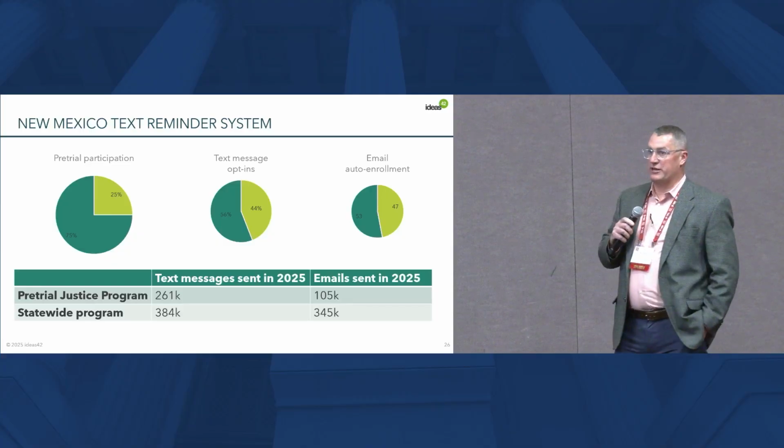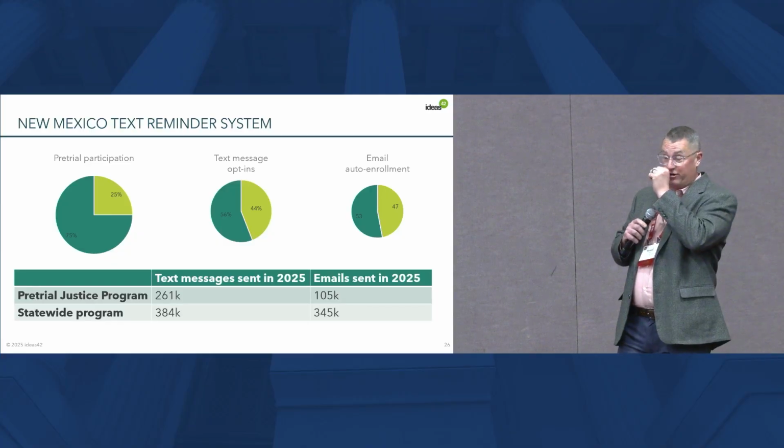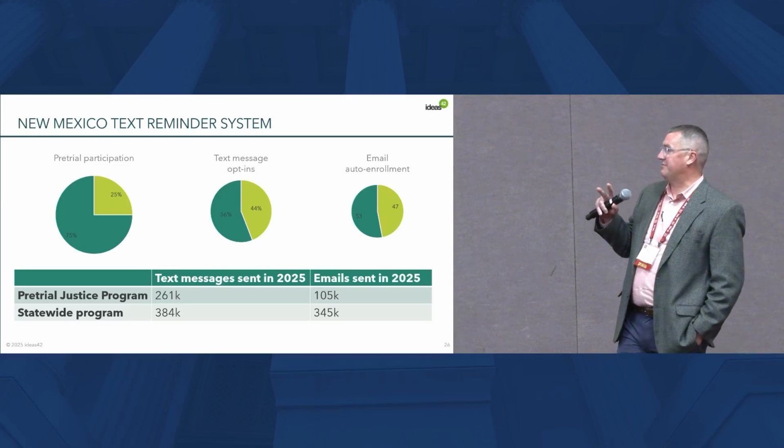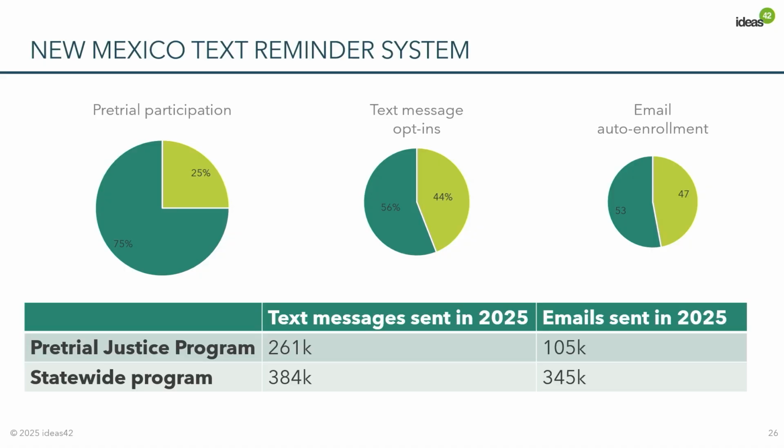Currently, we have about 75% participation for those that are referred to pretrial programs. In the next two graphs, you can see about half provide us with a phone number and about half provide us with an email. In calendar year 25, we sent about 365,000 messages for about 90,000 hearings. The statewide program, they doubled up on us, but they're sending to everybody. So people coming to pretrial generally aren't your traffic court folks, and so there's going to be kind of a disparity there as well.